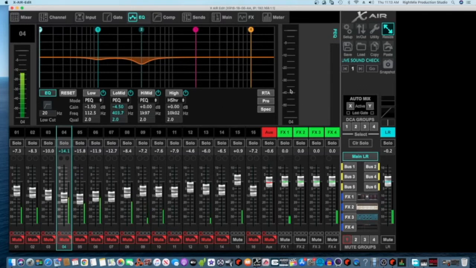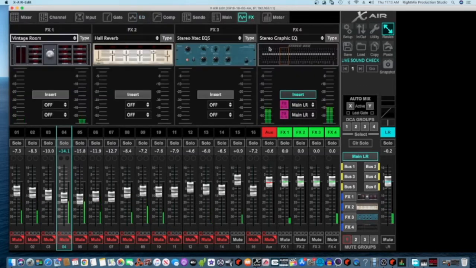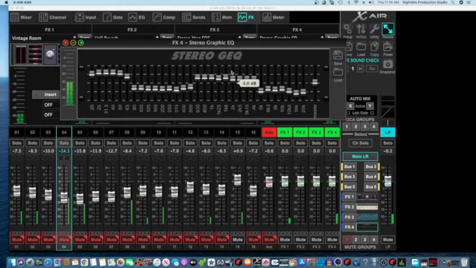But in this case, the fact that I'm using this one here, it's like setting it up, but have individual frequencies I can jump to and actually cut or boost in that area to affect my